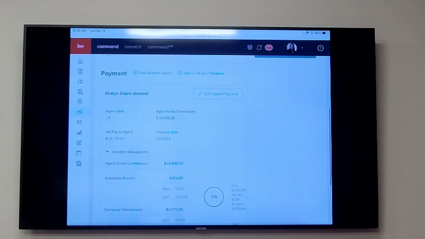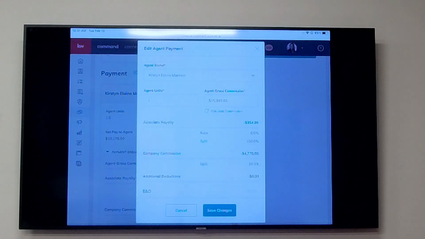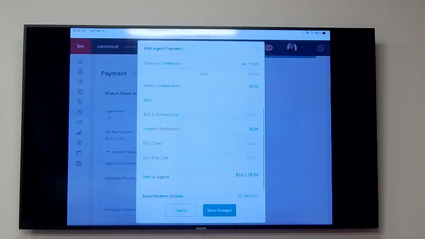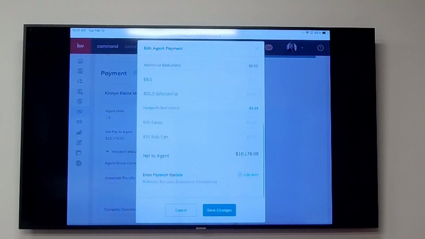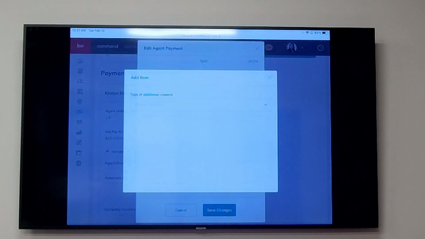Now, say you have a TC. You need to add in the TC fee. If you click on Edit Agent Payment, Extra Payment Options is down at the bottom. You can add an item,